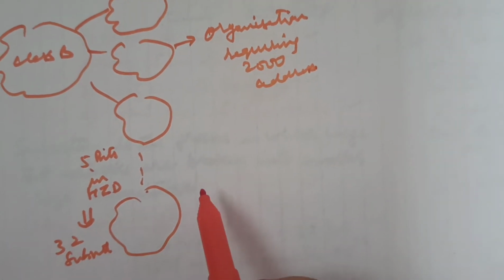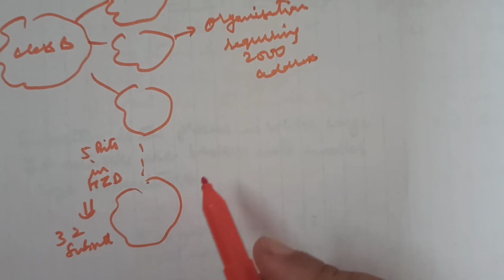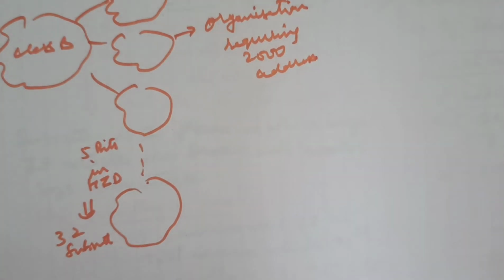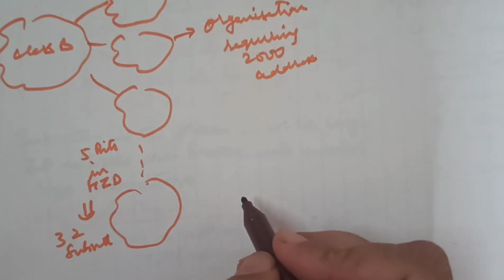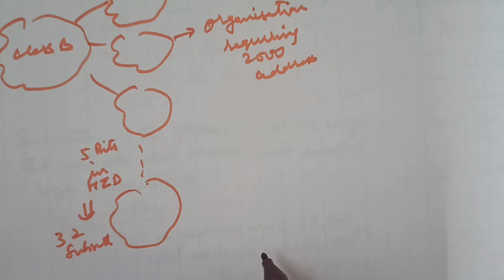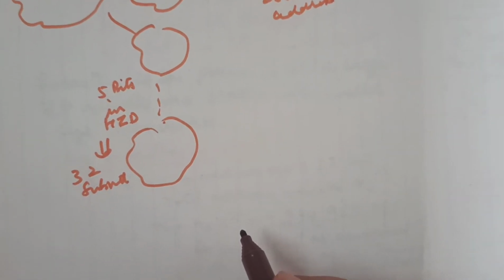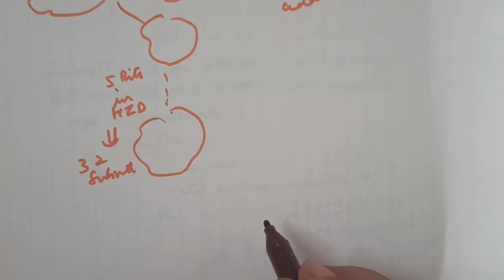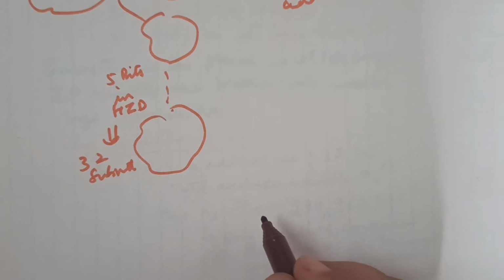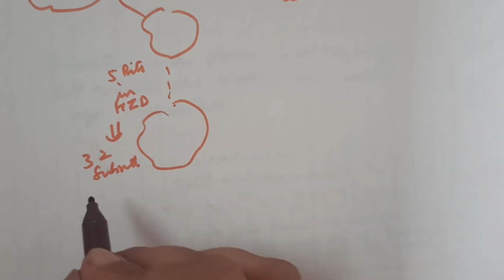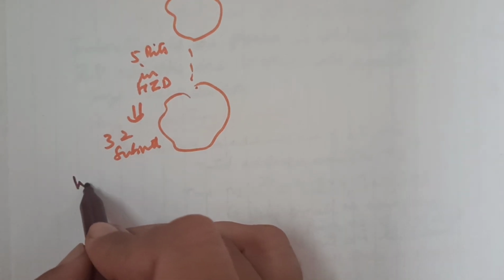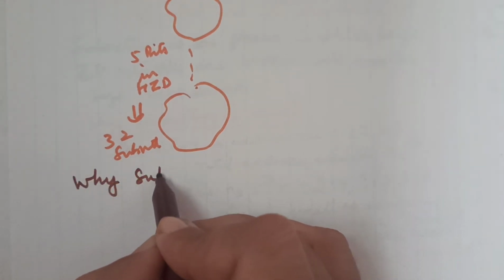So this gives an example of subnetting in class B, and with this example we have seen that the wastage is only 48 addresses as compared to the previous wastage of 65535 addresses. So this subnetting solves the problem of IP address depletion to some extent. So let us now write down all the reasons why subnetting is done.